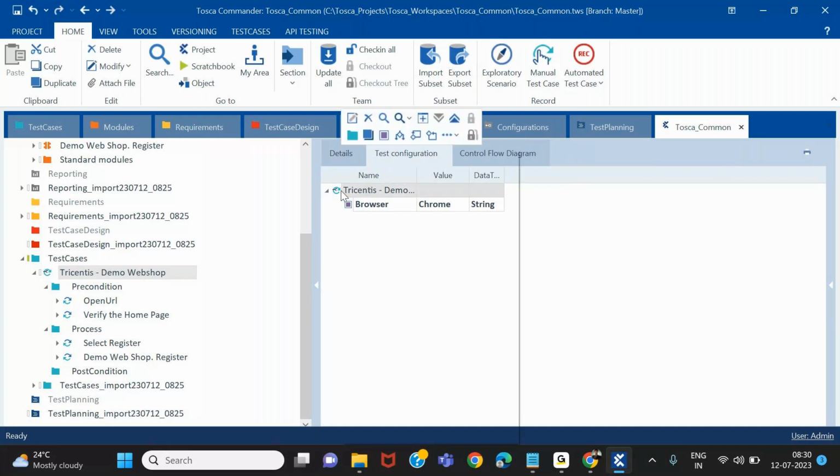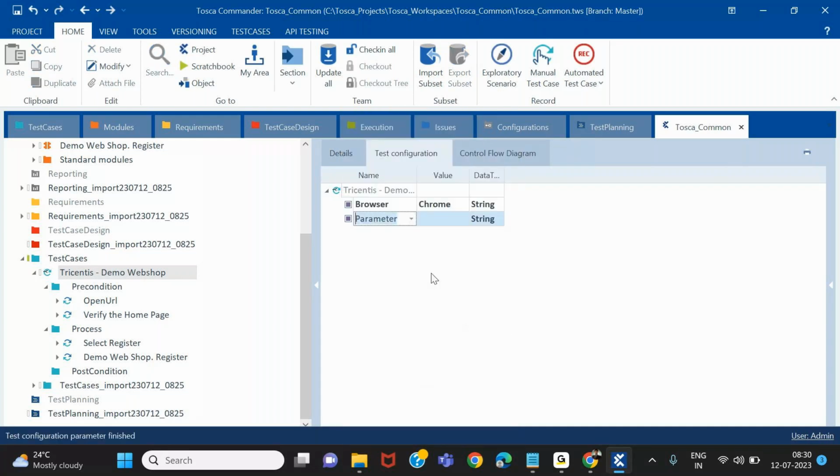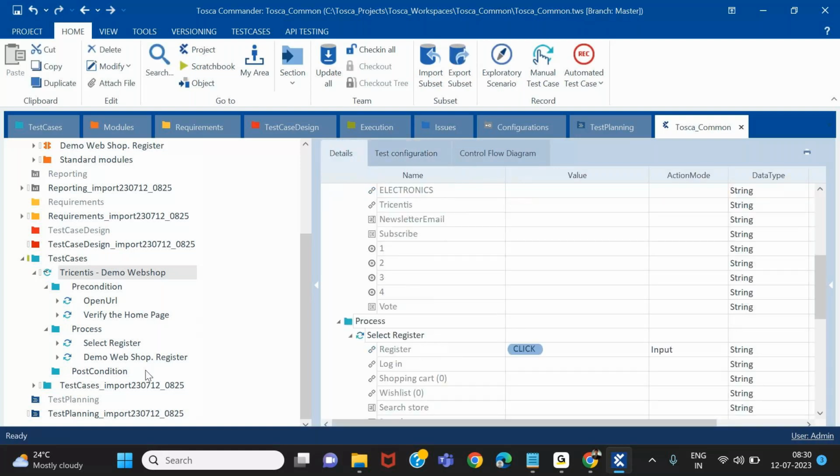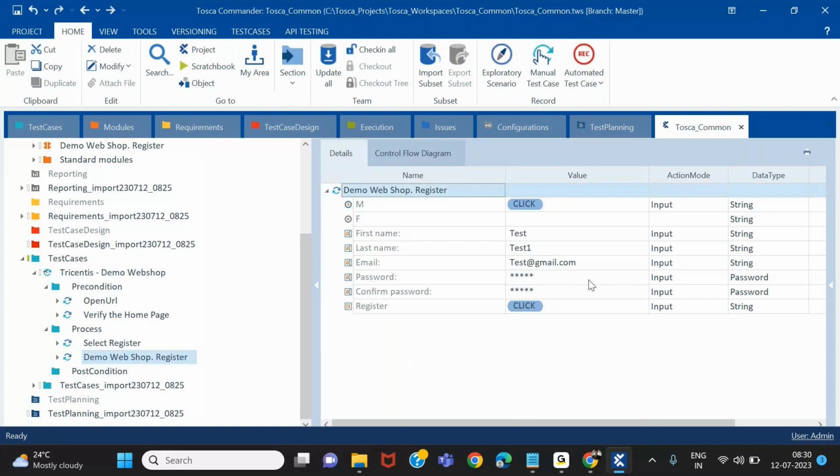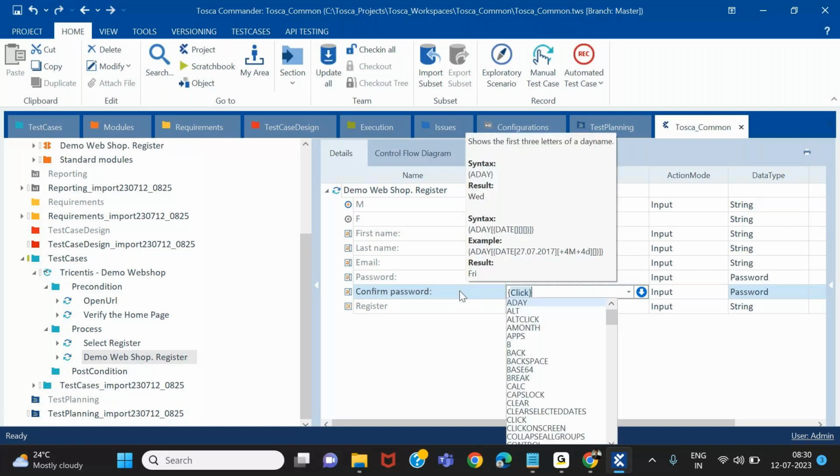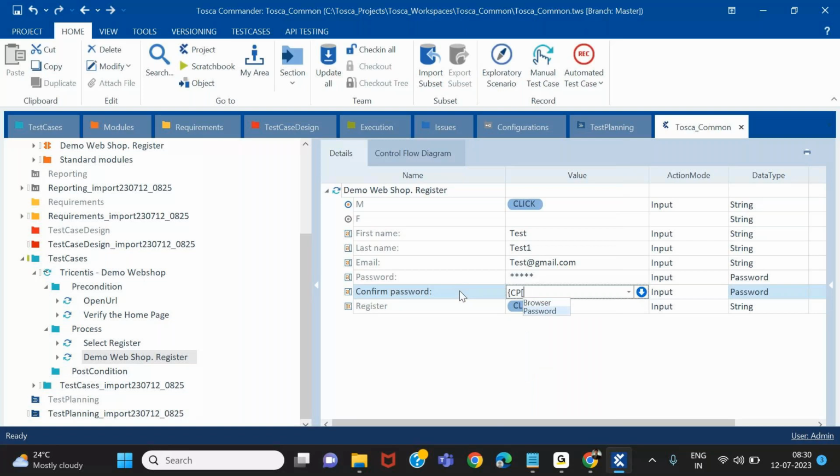I can also pass it from my configuration parameter using the password, and you can use the data type as string here. If you don't want to know the password, it's okay, you can just make it a password type, so that I can pass it here in the CP value. CP is a configuration parameter that we create, and it will list out all the configuration parameters that you have added on this test case level. CP of password. Okay,